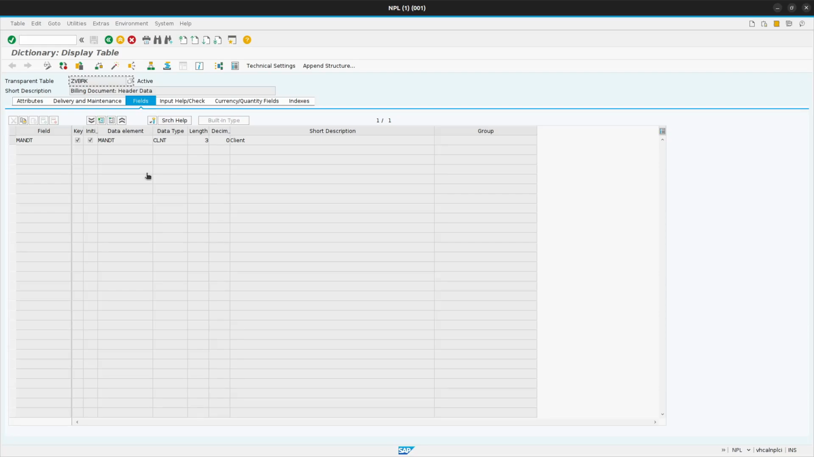MANDT acts like a label on each box in the warehouse, marking which company or client the data belongs to. So even if both clients have an invoice with number 19001, SAP knows exactly which client it belongs to. That's why this field is required in almost every SAP table. We'll talk about it in more detail in the next video, in which we'll create a relationship between ZVBRK and ZVBPR